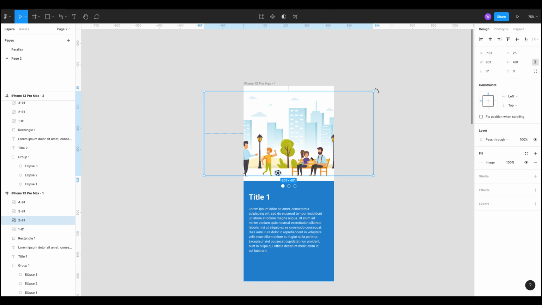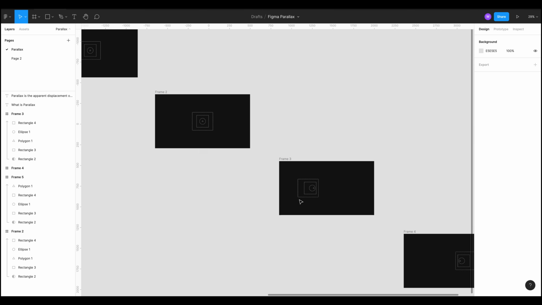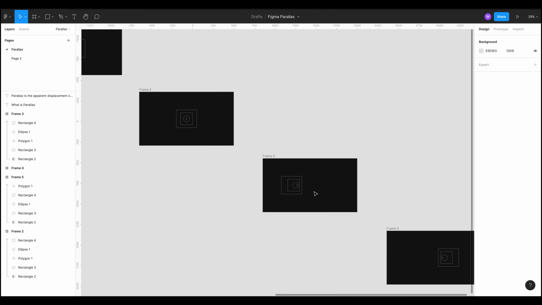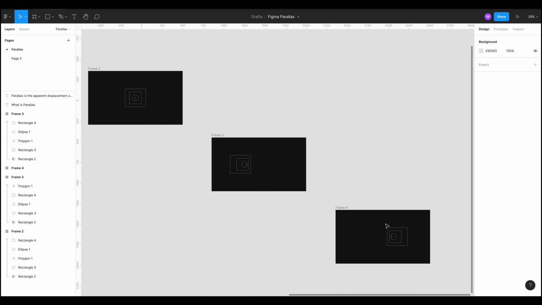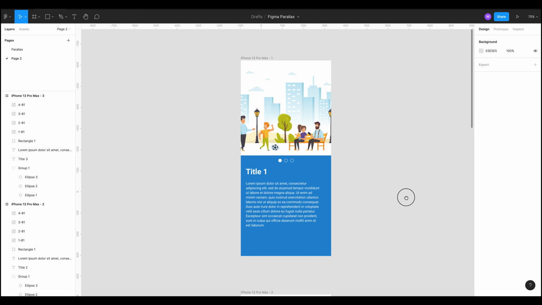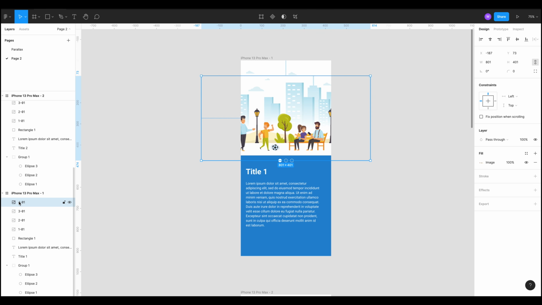So remember the background, if I show you from the previous example, the background object moves the least amount, so it's still closest to the center when it's moved to the left. And the same when it's moved to the right, it's still closest to the center, and then those foreground objects are moving the most. So we need to apply that same principle to our scene here, which means we want this foreground, which I've numbered 4,